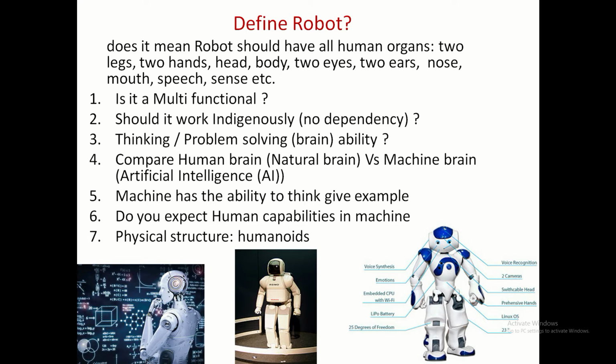So generally we have a feeling that a robot means it looks like a human. It should have two legs, two hands, two eyes, two ears, one head, right? That's a general feeling. It should talk, it should walk, and so on, right? But then,